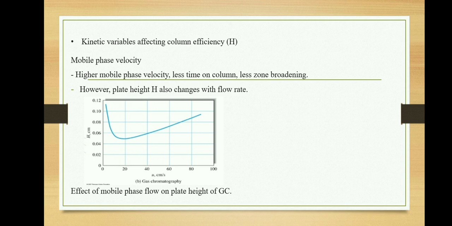Also to do with how big the particles are if you have a packed column. If not, it's open tubular, then we are talking about the diameter of the column. And it has to do with the thickness of the liquid coating of the stationary phase, because most stationary phases are not solid, they are a liquid coated as a thin film on the solid.